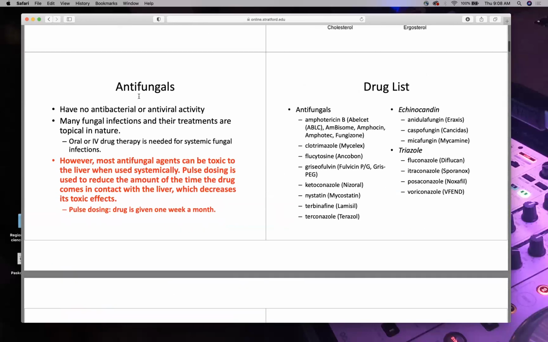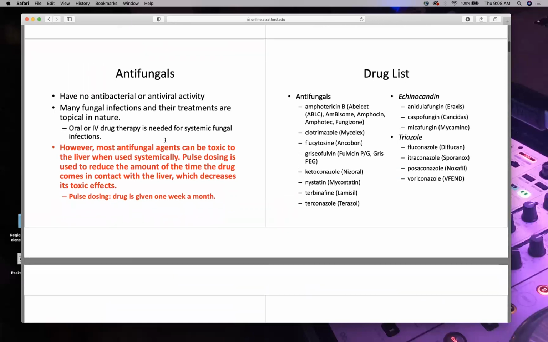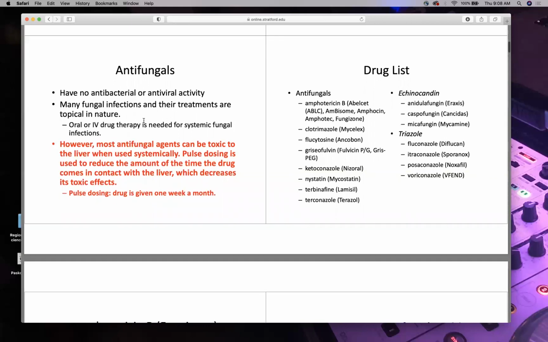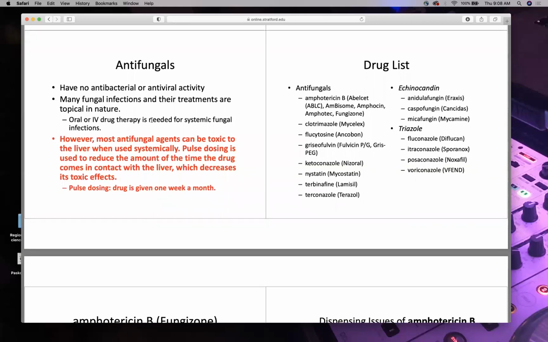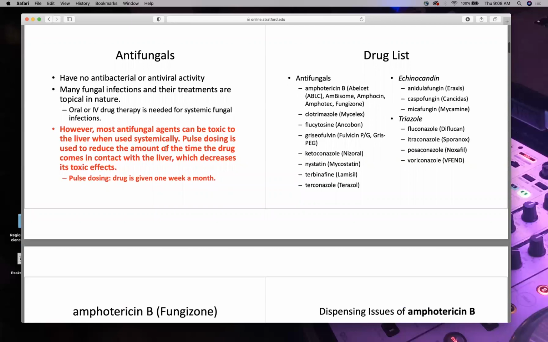Now, antifungals do not work on bacteria or viruses. That's why the diagnosis portion, as I've always stated, if you took my MED240, remember SOAP: subjective, objective, assessment, plan. If your assessment doesn't work, your plan is useless. So if you misdiagnosed your patient as having a bacterial infection and you give them an antibiotic, it's not going to make them better, right? So pharmacology is only as good as the diagnosis that precedes it.